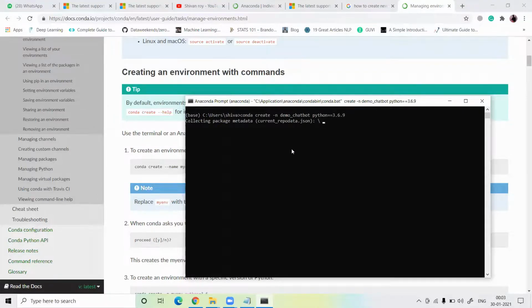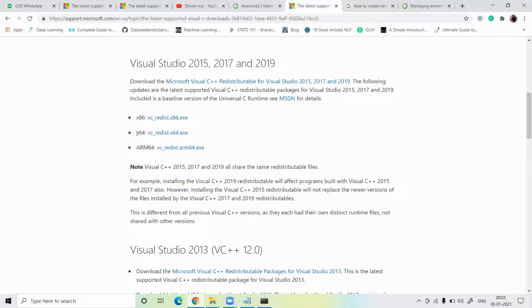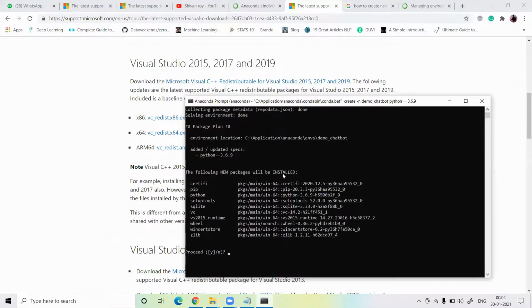It starts the installation and starts creating a new environment here. So, first, download Anaconda depending on your system configuration. Second, download this exe file. Then create a new folder in your local system.